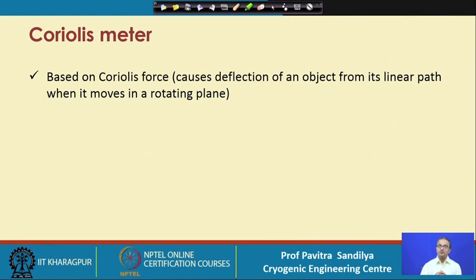Similarly, the Coriolis force also comes into picture whenever there is not only rotation but also a linear movement. That is how it is different from centrifugal force, because in centrifugal force the body over which this force is acting remains stationary, but on the other hand, in case of Coriolis force, the body over which this force is